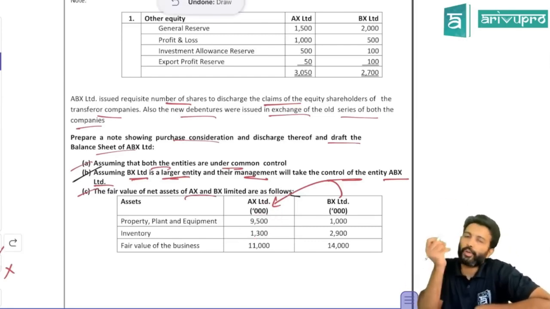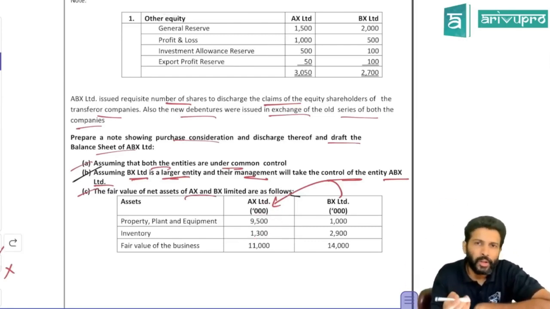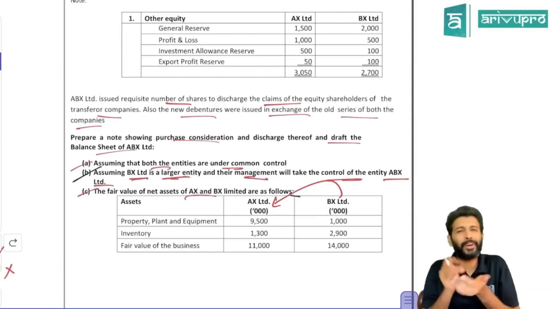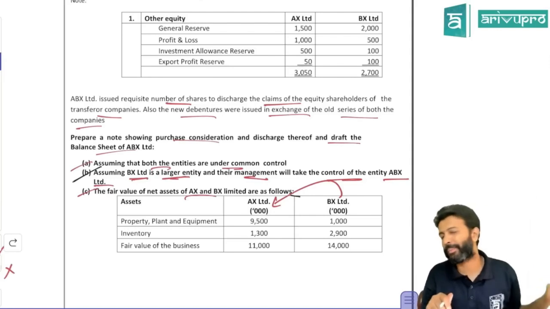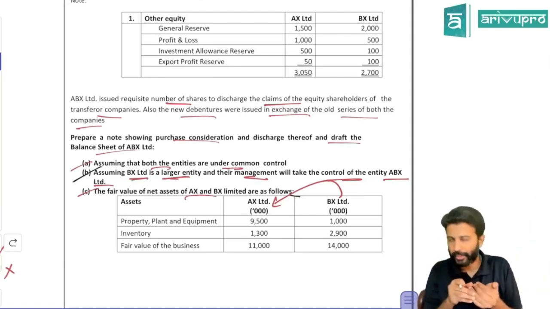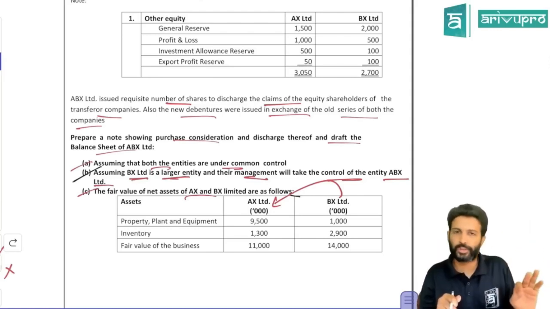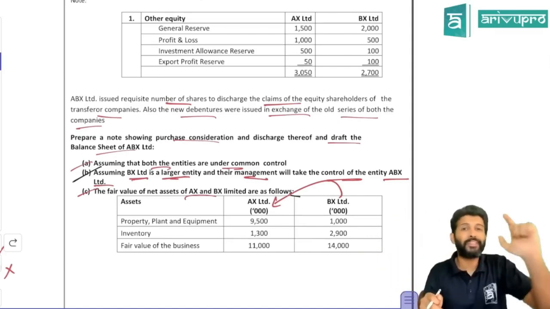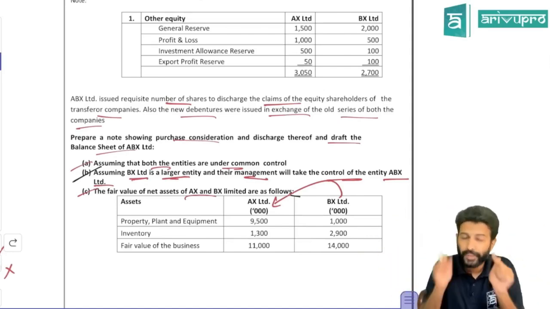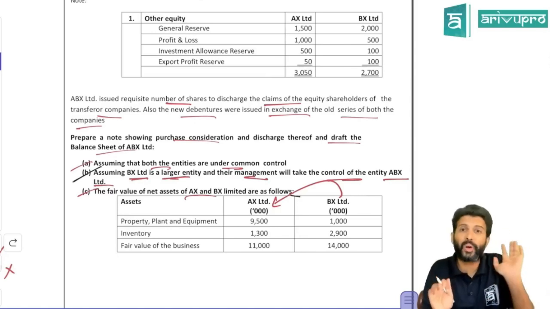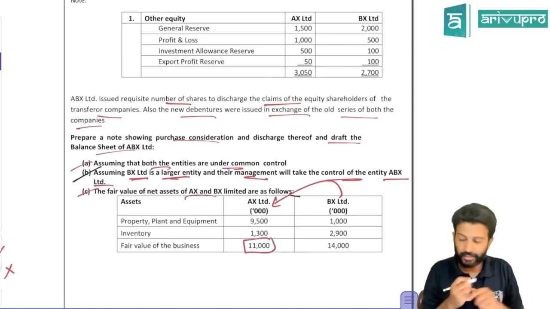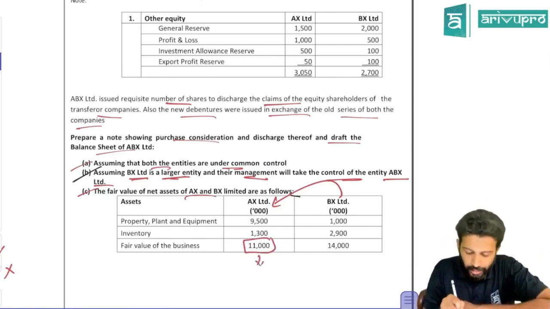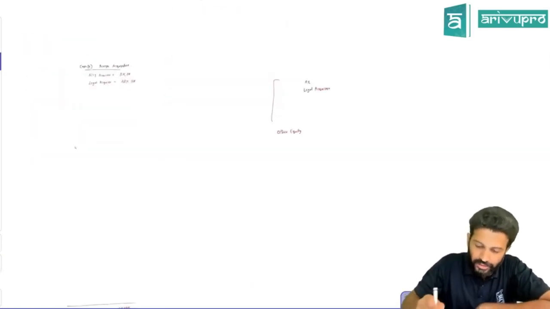Okay. Again, if you check the problem, PC they have not given. So if PC is not given, what to do, sir? Is it a common control transaction? No. In common control transaction, if PC is not given, we make PC equal to paid up capital. Here, is it a common control transaction? No. It's a case of a reverse acquisition. In normal business combination and reverse acquisition, if PC is not given, what to do? Check if fair value of business of the selling company is given. In reality, who's the seller here or who's the acquiree here? AX. Do you know AX's fair value of business? Yes. Which is how much? 11,000. So that itself becomes your PC.